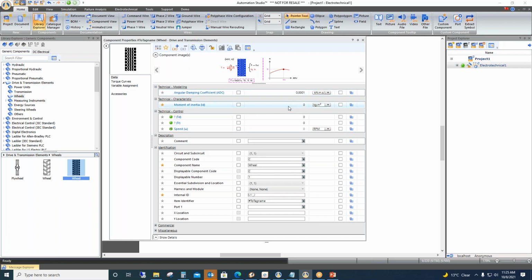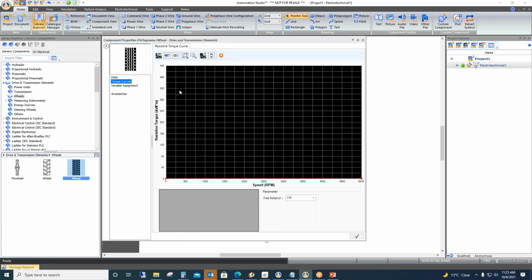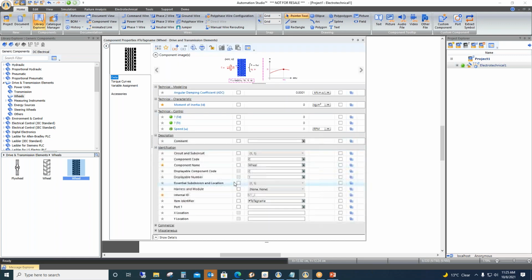Here you will be able to add the moment of inertia, and in the torque curves you can add the speed and torque curve that is required. So it will be taken care of here in the wheel by accessing these properties and the graph of the torque curves.